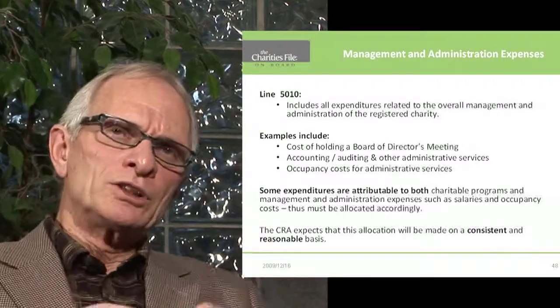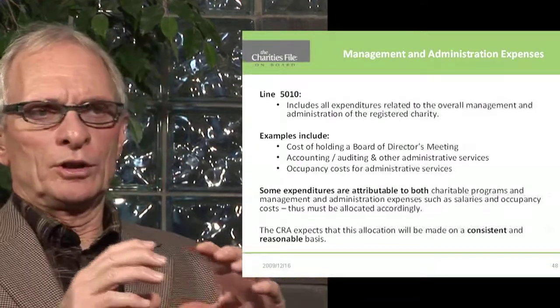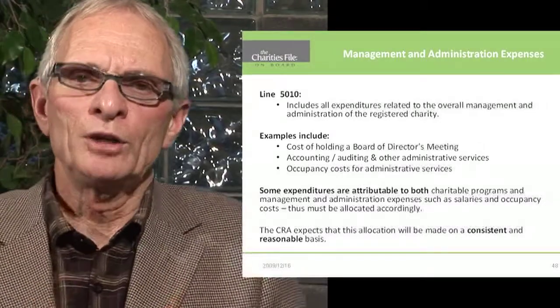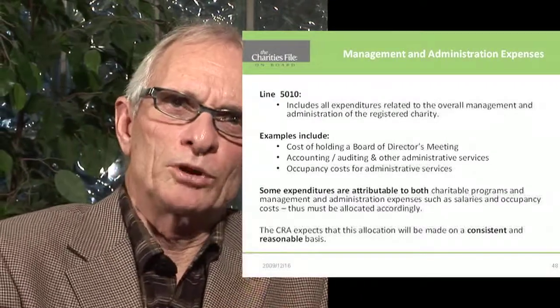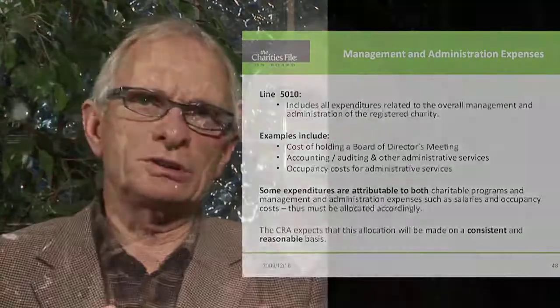But in reality, some of the expenditures that exist in a board might overlap in terms of charitable expenditures and also management and administration. Often a staff member's time might be used for supporting charitable programs, but might also be used for some administrative roles. And so there needs to be a consciousness that say 70% of my time is directed toward charitable purposes, therefore 70% of those expenditures are directed towards the charitable line, and only 30% is directed towards administrative expenditures.